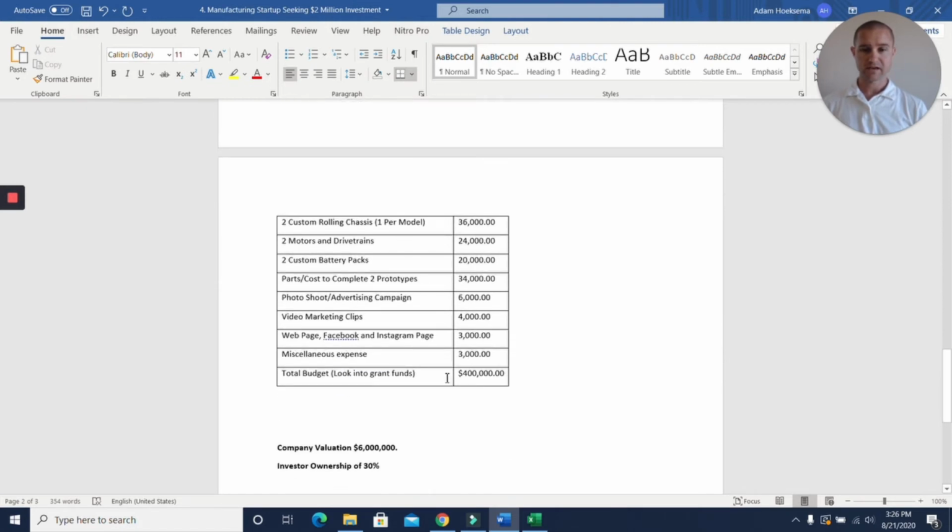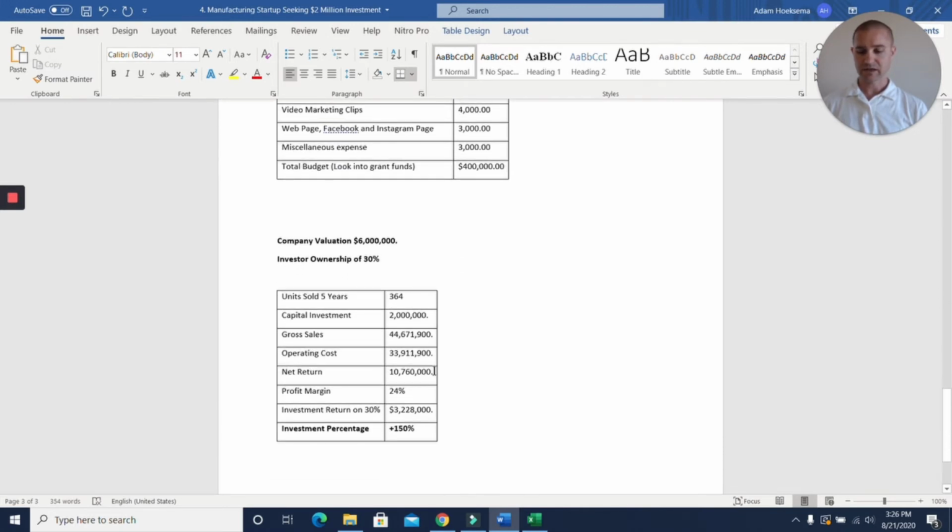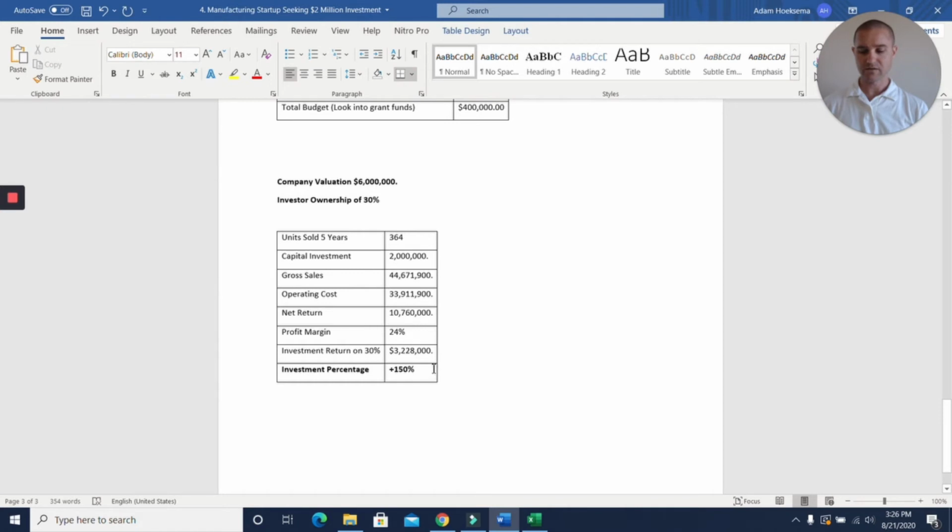You can see that totals $400,000 here. And then finally we get into this summary of investment returns, which I actually think is also a pretty nice little table, pretty simple and straightforward. It is a 5-year look, so they're going to look at 364 units sold. They're looking for a $2 million investment, and